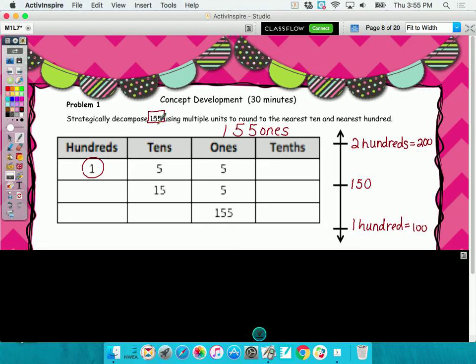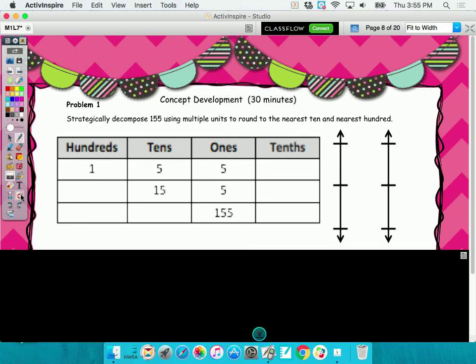Does that fall above or below the midpoint of 150? That's correct. 155 goes here. So rounded to the nearest 100, 155 would be 200. Let's take a look at what would happen if I round to the nearest 10. So the nearest 10,